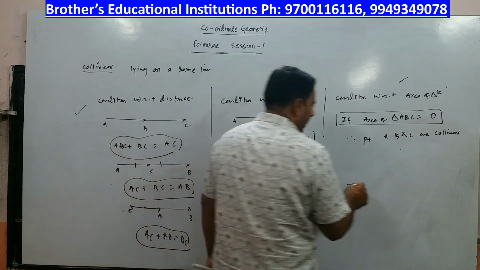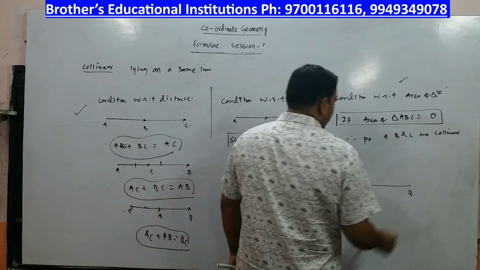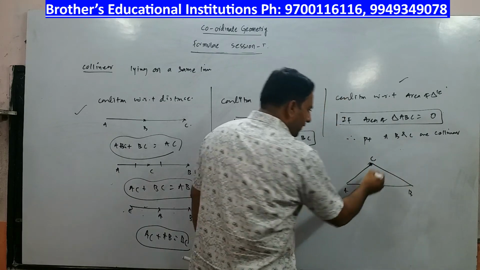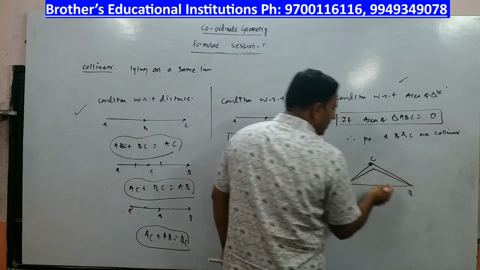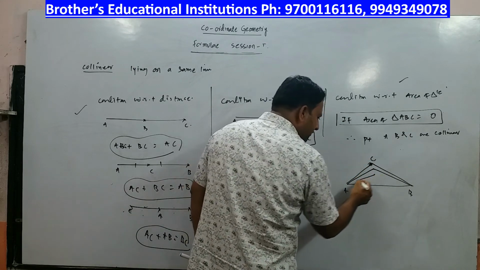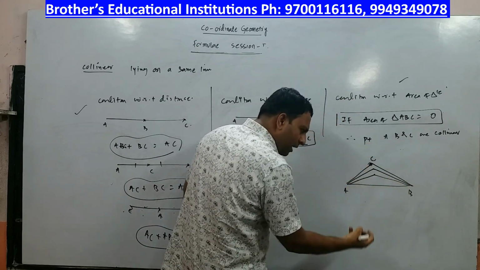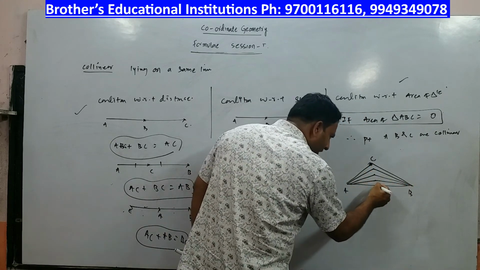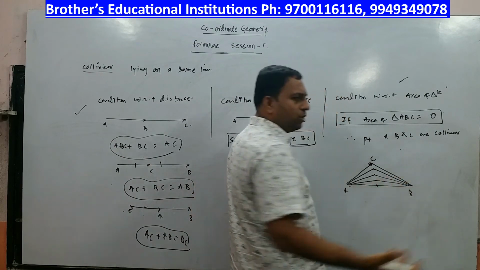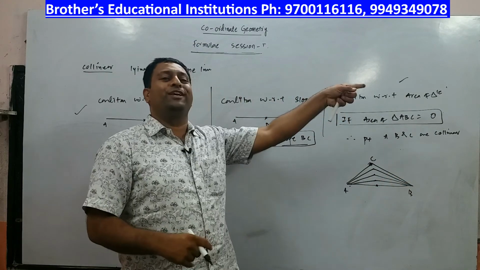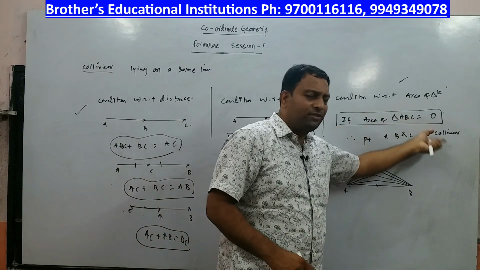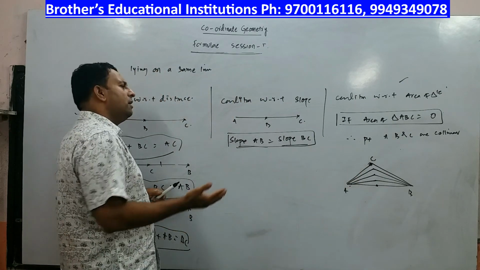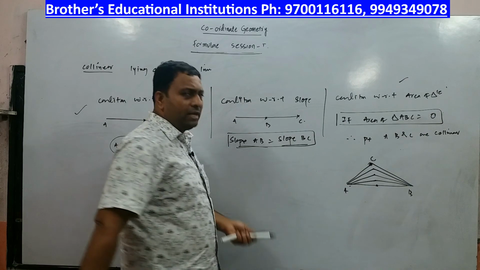See, a very simple example, right? If I say there is a point A here, there is a point B here, there is a point C here. Now with this C, I can join and I can make a triangle. If this point C is coming down, what happens to the area of the triangle? The area of the triangle reduces. Point C still further comes down, area reduces. Point C still further goes down, what happens to area? Reduces. If point C merges with this line joining, there is no triangle formed, or you will say triangle formed with 0 area. Alright, so whenever the area of the triangle formed is 0, you can declare that the points are collinear. I can use this, but mostly when I deal problems in competitive examinations, I would prefer this formula.